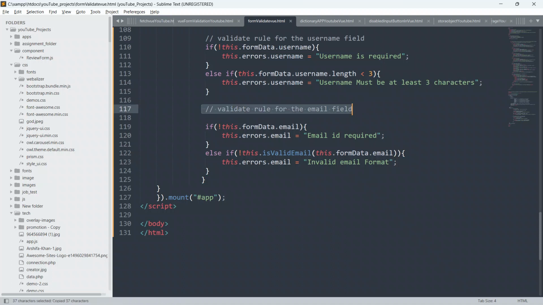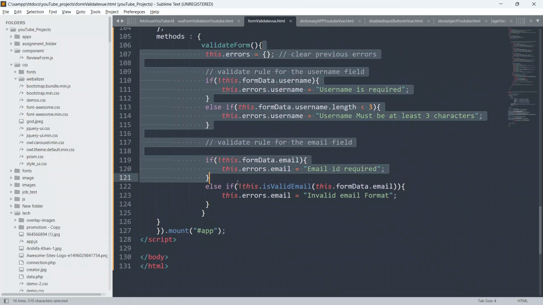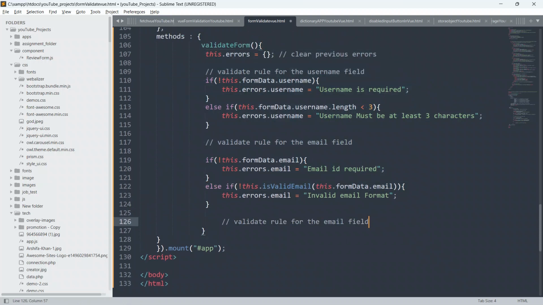So just write the comment also here. Below this, just paste it here and write the comment: validation rule for mobile field.